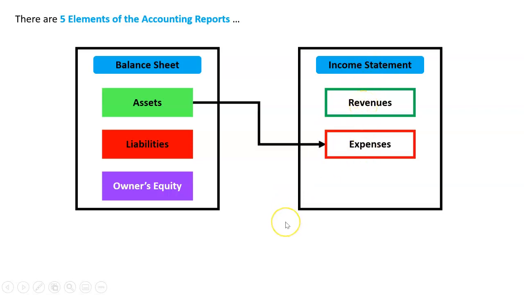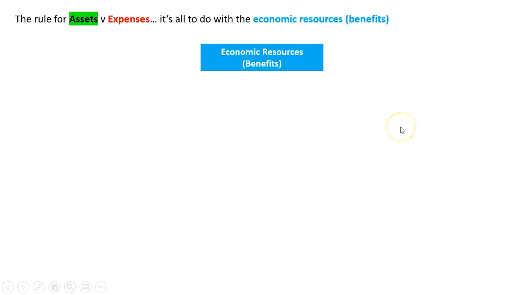So the issue here is at some point you're going to get a transaction in the future, and you're going to say, is that an asset or an expense? And it's going to be a big decision because it's either going to go on the balance sheet or the income statement. So how are you going to tell the difference? Well, you'll just learn most things. You'll go, oh, I know that's an expense or I know that's an asset, but why don't we get a bit smarter than that and go, well, look, the rule for an asset versus an expense is it's all to